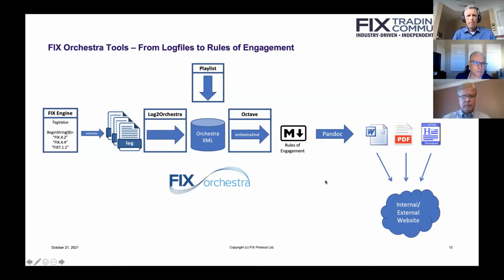Hanno, what would you say would be the best way for someone to get started with Orchestra if they're just wanting to learn about it and see how it could help them? Yeah, I think if I can just briefly share my screen again. This is a very simplistic workflow, but it shows you those basic tools where only Log2Orchestra is published right now. Everybody has a FIX engine and should just play around with Log2Orchestra and see what kind of Orchestra file is being created,